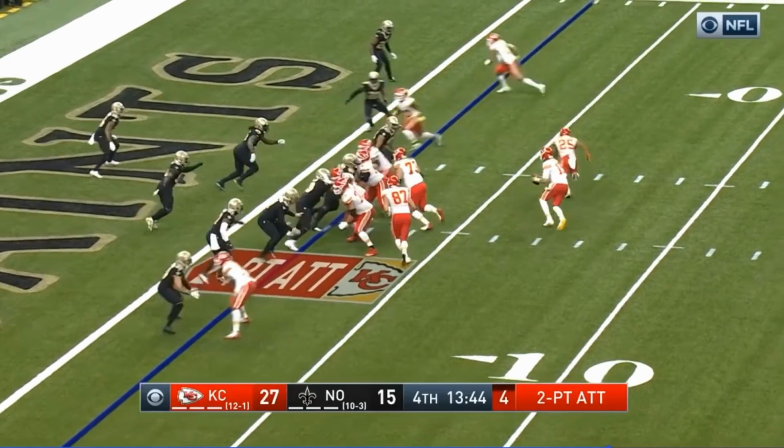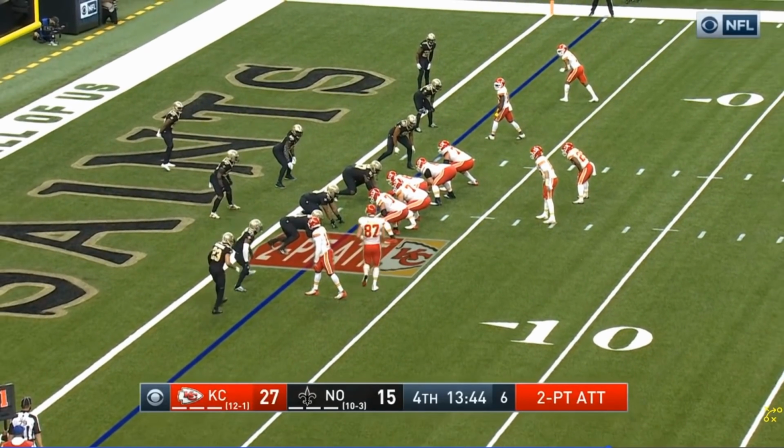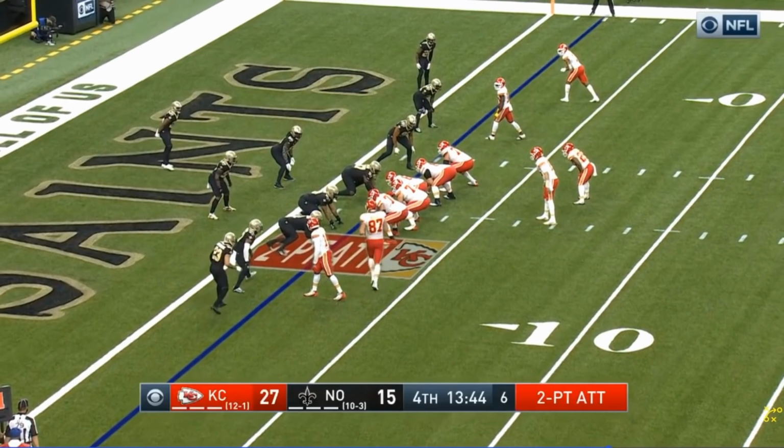Now, the other thing to pay attention to here is normally when the guard is wrapping, first of all, I can't believe how offset the guard is. When that guard is wrapping on power, or some variation of power, normally he would be going to the front side inside linebacker. So he's going to be wrapping and going right there. We're going to get a big double team right here, all the way back to this. But the great thing about this play